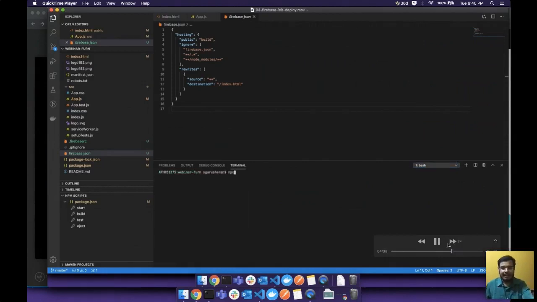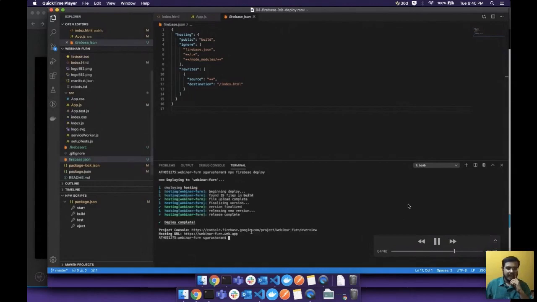So I built it and it showed me success. Now I say Firebase deploy. Note the npx prefix because it's all local, right? So npx prefix, Firebase deploy. It deployed and now it gives me a URL. The hosting URL is where my application is actually running now. It is actually running on the web and people can access it, right? So that is the power of using pre-built libraries and pre-built tools to deploy your application.